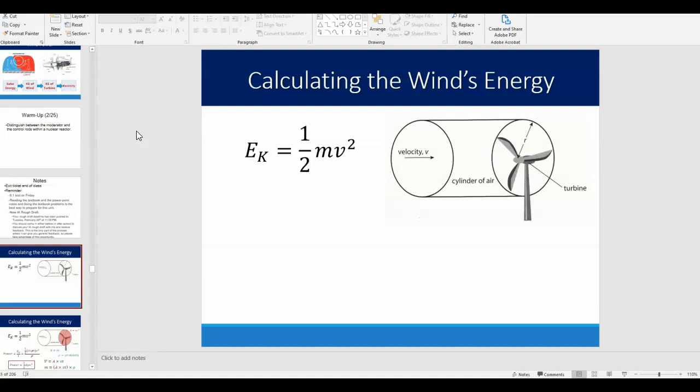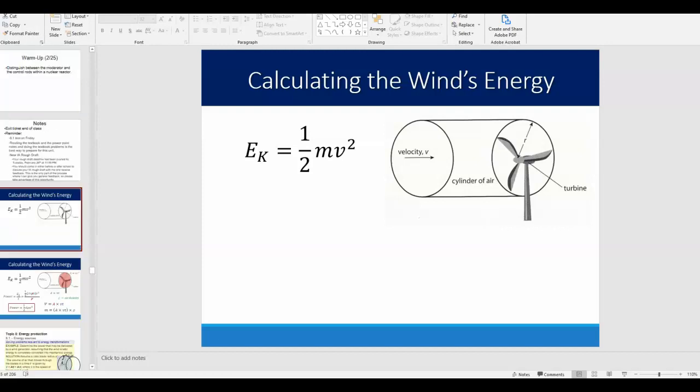And so the kinetic energy we're talking about in this case is the kinetic energy of the air going through the spinning turbines. All right, and so in this context, m would be the mass of the air and v would be the wind speed of the air. All right, so notice that it's going through an area of a circle,